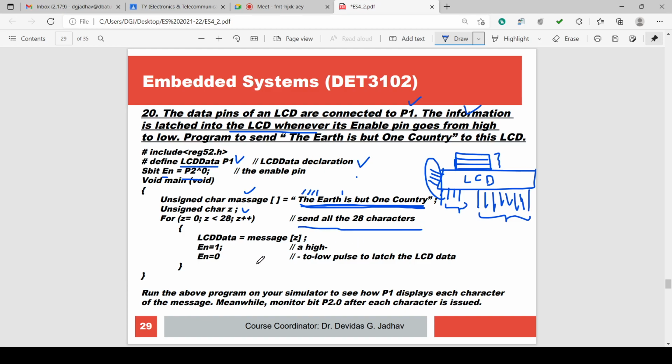Then this for loop has a curly bracket opening and a curly bracket closing. So this is the block of commands for the loop. So LCD data equal to message Z, isn't it?